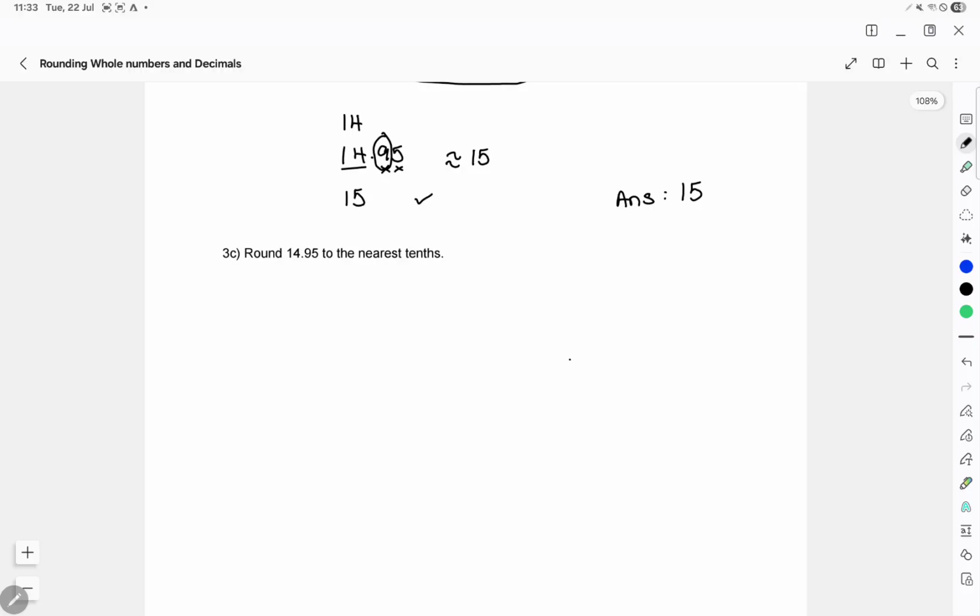Okay, let's move on. Now we have to round to the nearest tenth. So we have 14.95. The tenth place is here. So we only want the tenth and above. We don't want the hundredth place. So this number is in between which two tenth places? It's in between 14.9 and 15.0. Okay, so since it's 5, it's closer to